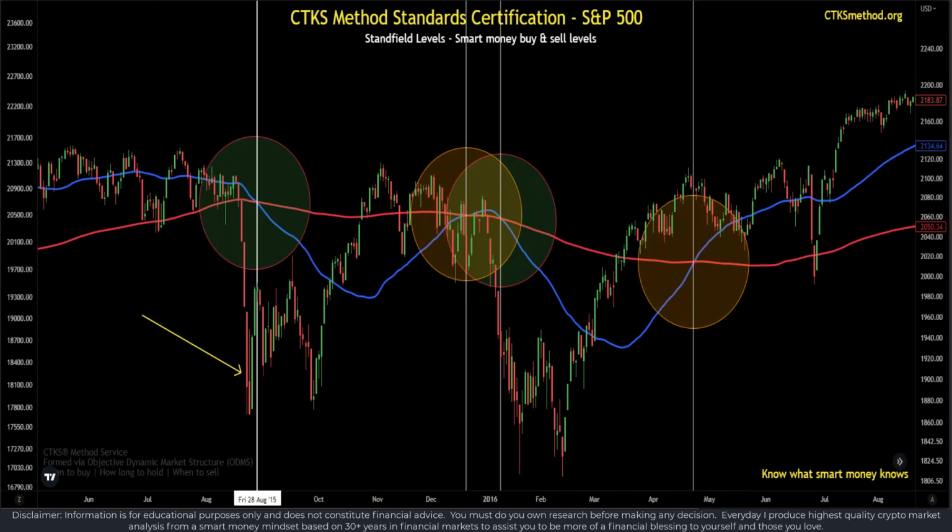Let's head back in time to the end of August 2015, and we can see that the 50-day cut through the 200-day, creating a death cross. So what actually happened with price? We can see that the price actually started recovering as the death cross was triggered. There was a little bit more negative price action, but the concept is when people hear death cross, they say, ooh, that can't be good. I better get my money out.